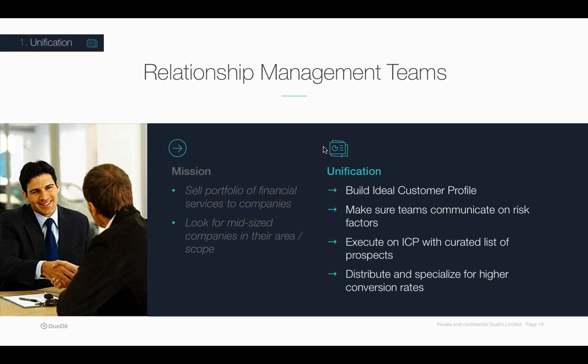And to achieve this, you need multiple data types. You need to know financial information about the company, but you also need to know demographic, firmographic information, and also things like credit scoring, credit risk. And by including those characteristics in the search for companies, it prevents problematic companies from getting too far down the line. And this way of thinking about finding customers is something that DueDil is using itself, transitioning to that strategy at the moment.